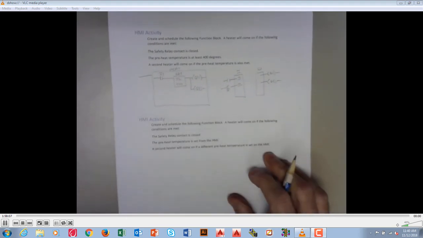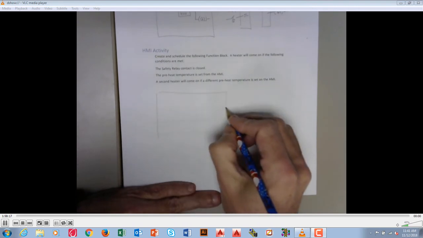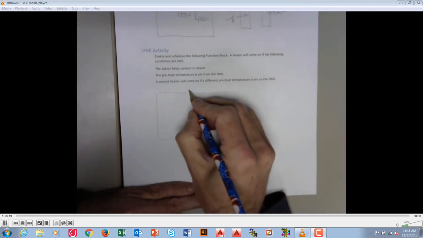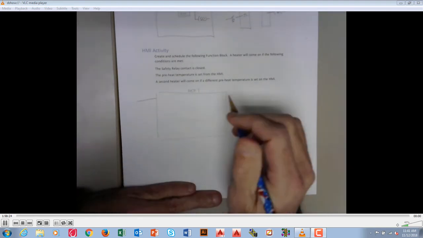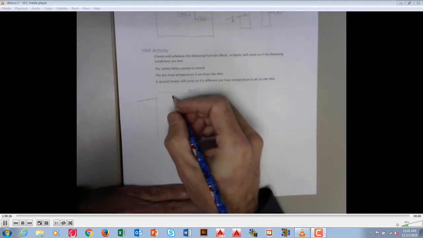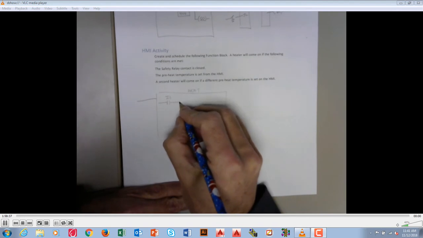On the next one here, we are going to use some local tags. So now we're going to use a function block in an HMI. Once again, I'm going to create my function block called heat. I'm going to unconditionally schedule it, and once again the safety relay is closed. Now I'm going to mix up global and local tags, because we can. So input 1, which was the safety relay,